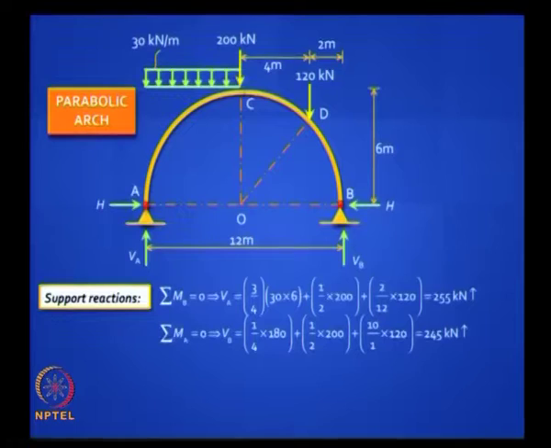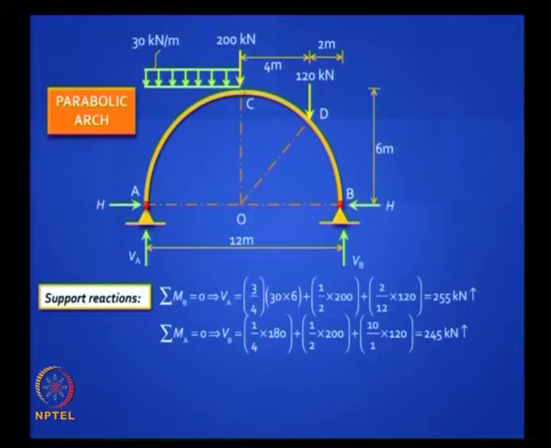So if you apply that, first you have to find the support reactions, which are pretty straightforward. You should also have the ability to check the reactions. Let us take the UDL, the total load of the UDL is 30 into 6, that is 180 kilonewton. How much of it will go to the left support? 3/4 of it, and 1/4 will go to the right support. Take the concentrated load at the crown, 200 kilonewton, half, 100, and take that 120, okay, 2 by 12 will go to the left support and 10 by 12 of that will go to the right. All simple stuff, you can find it, you can take moment equilibrium and solve it, clear.